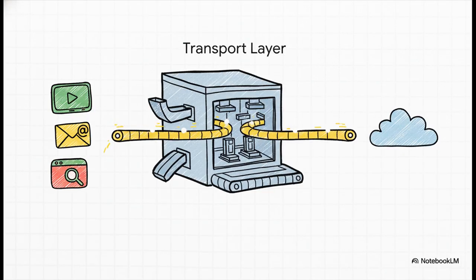Well, the answer lies in a part of your computer's networking system called the transport layer. And the best way to think about it is as this super efficient, totally invisible mailroom running inside your device. It's the critical go-between that connects the apps you're using to the huge global network of the internet. It makes sure every single piece of data gets to exactly where it's supposed to go.